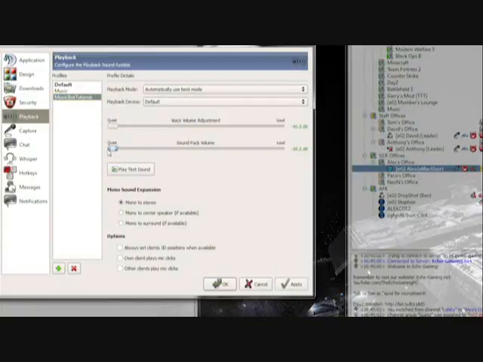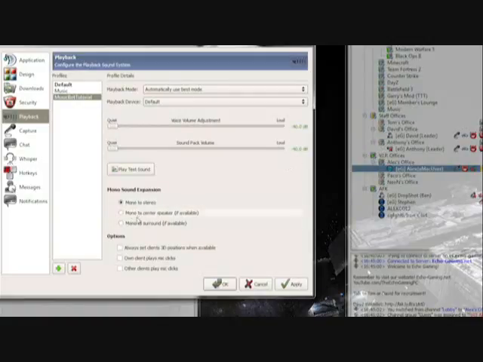This keeps your music bot, every time someone joins the channel, from saying "user has joined your channel," which would play to everyone in the whole channel. So to keep that from happening, we want to keep all these down to 0, 0, or minus 40 as they are over here on the right.